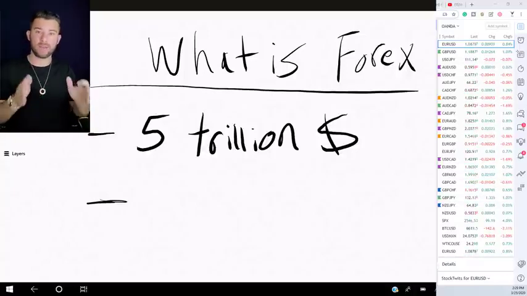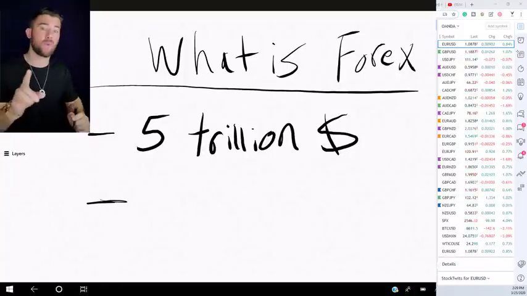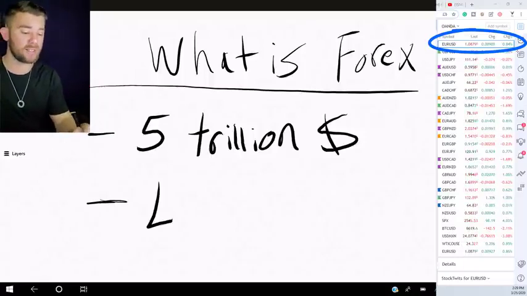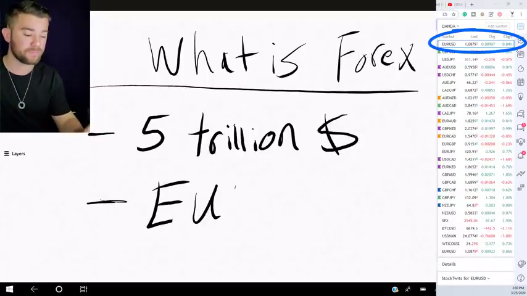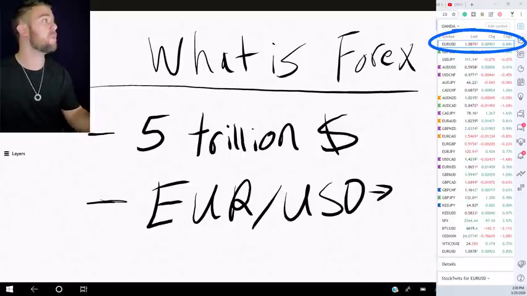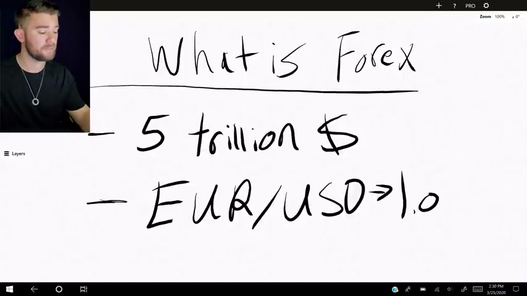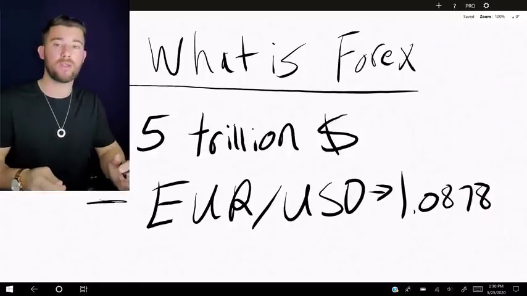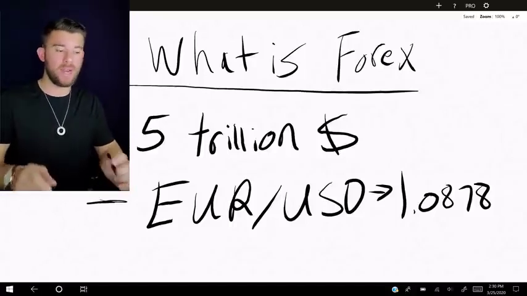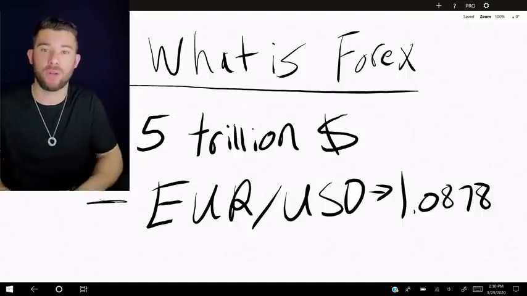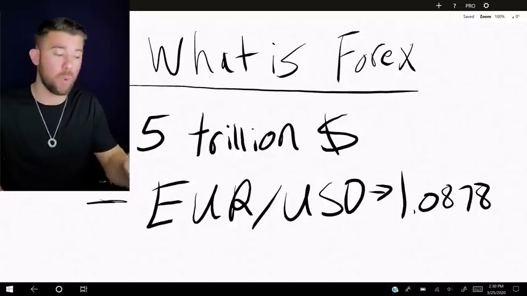And that rate, the rate of exchange, is what you'll get back. For instance, right now, the euro-dollar exchange rate is 1.0878. So let's just write this down. The euro against the dollar right now, or the euro-dollar exchange rate, is 1.0878. So that means that if you were to go to Europe right now and you wanted to get €1, then you would have to give them $1.0878 to get that €1. Because right now, €1 is worth